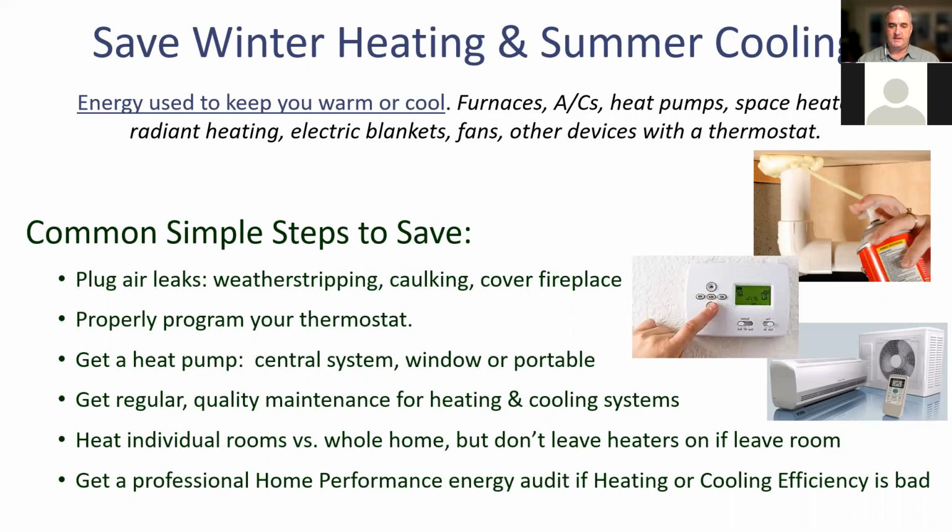It's called a heat pump, and that can either be a central system that works through your ducts, or what's commonly called a mini split, that doesn't even use ductwork, and it saves more energy. There are also window versions of these, like window air conditioners, but they do heating and cooling, and there's portable ones if you just want to heat or cool one room, and they're very efficient, much better than regular